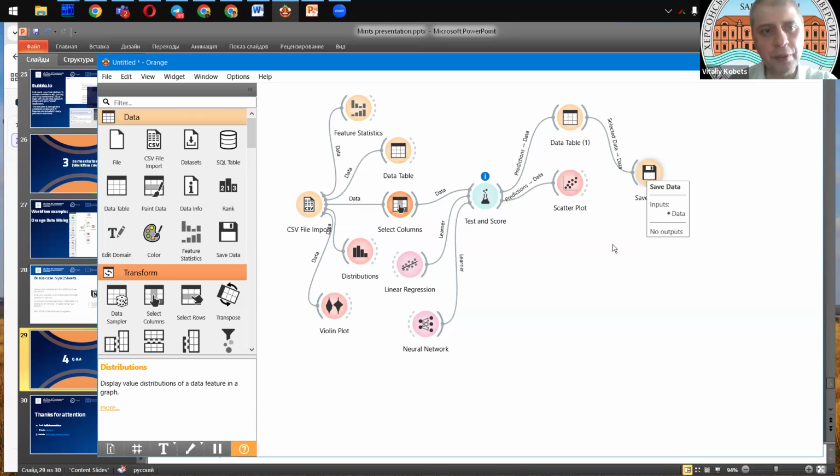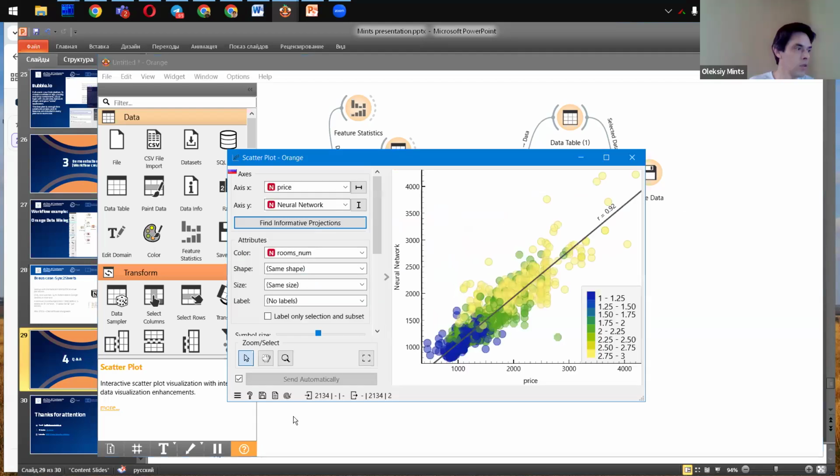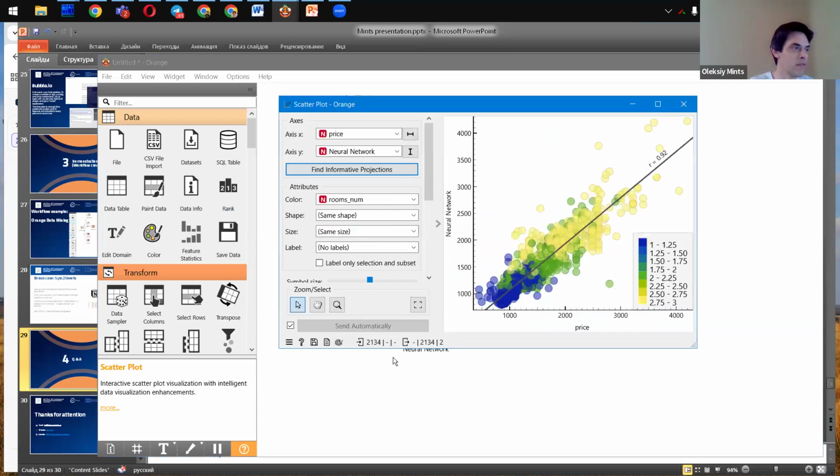Does it concern only data, or maybe the graphs in this model too? You may grab the graphs using the print screen tool.